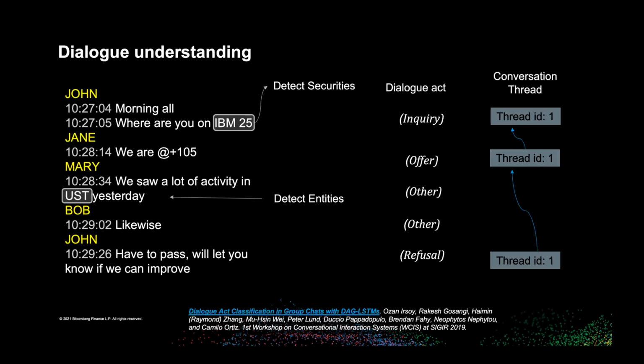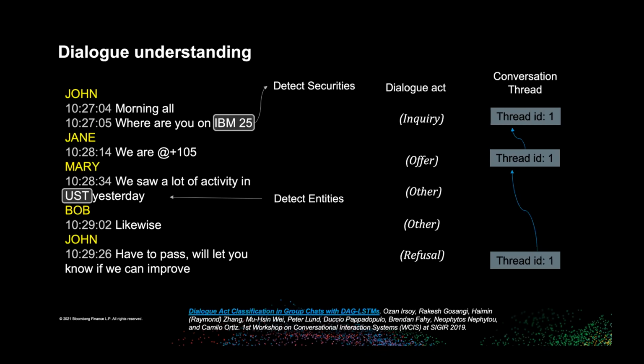And so without each of these levels of understanding, the securities, entities, the dialogue acts, and the conversational thread, it's not possible to get this level of information. Once you have all of these pieces, then you can start to get out the efficiency of your sales trading system. There are also opportunities to begin to automate various pieces once you have all of this markup done. Okay, so this is the ending of the part around Instant Bloomberg, IB, and I want to switch to news